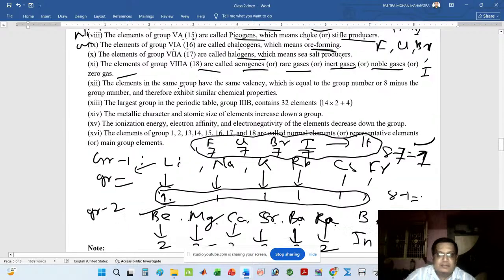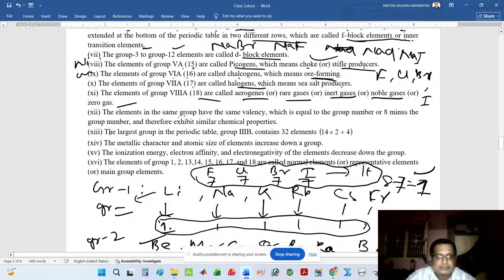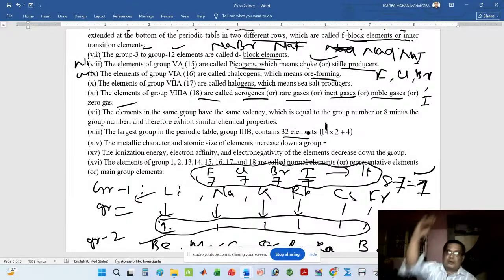Let me cover all the points. The largest group is the third B, with 32 elements, 14 into 2. The two series present are lanthanide and actinide, and the 4 elements are present in the main period. From top to bottom, the metallic character increases. If you think about a period, from left to right, the metallic character decreases. But if you move from top to bottom, the metallic character increases. Later I will explain the metallic character, atomic mass,